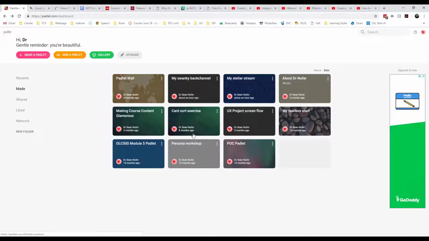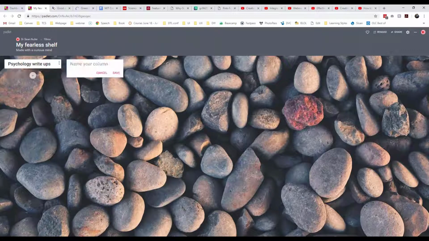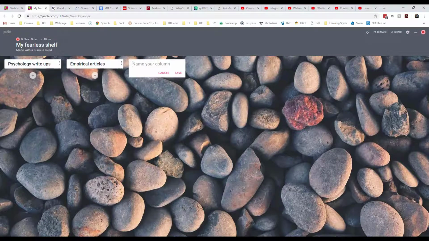The shelf, I think, is very interesting. So for the shelf, I'm going to look up one called My Fearless Shelf. Let's open up this guy. Now this should be blank. This is a way that you can have columns and then you can organize assets underneath the columns. So I'm going to have a column for psychology write-ups. And then I'll have another one for empirical articles. And then I'll have one for images. And then a last column for